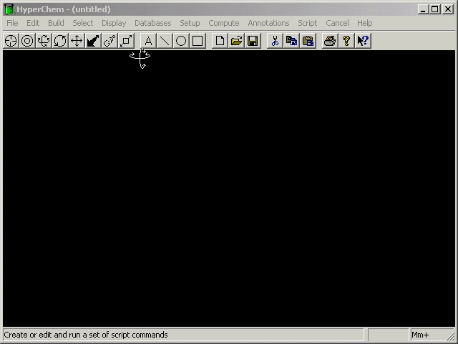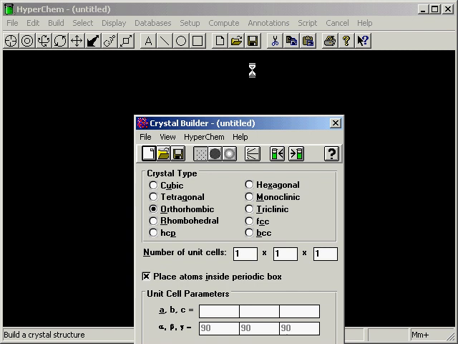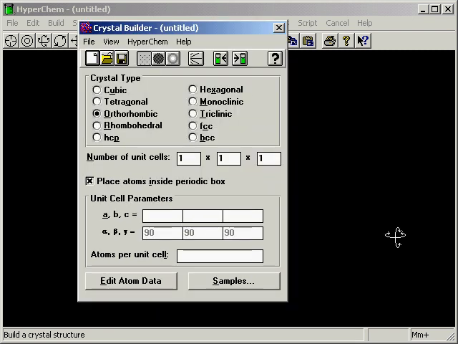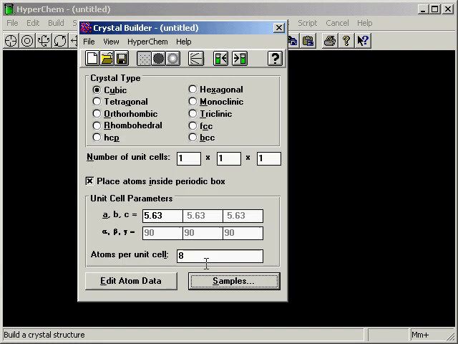This tutorial describes some facets of the crystal builder. The crystal builder can be used to build crystals, sample crystals for example. If we choose sodium chloride, we can then decide to make this a 3 by 3 by 3 crystal, send this back to HyperChem, and what we get is a